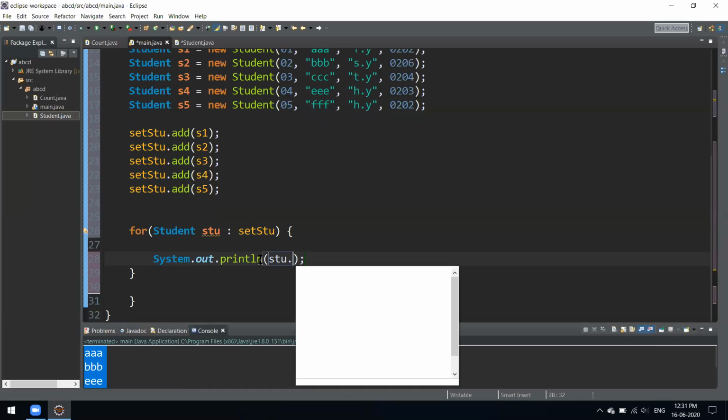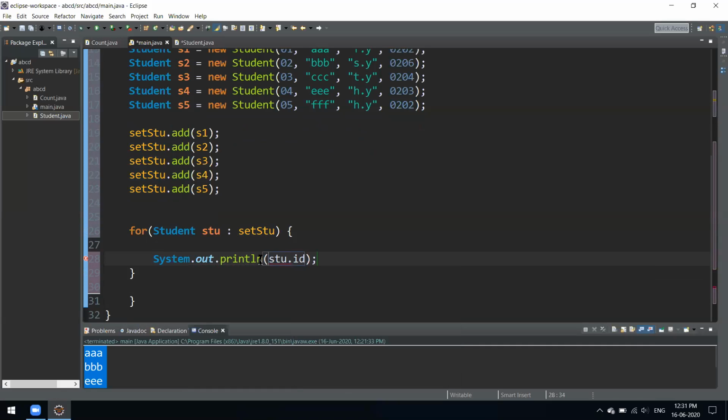We could print stu dot id plus, you have to put spaces over here so that it doesn't mess up the whole thing, because otherwise they would be sticking to each other.